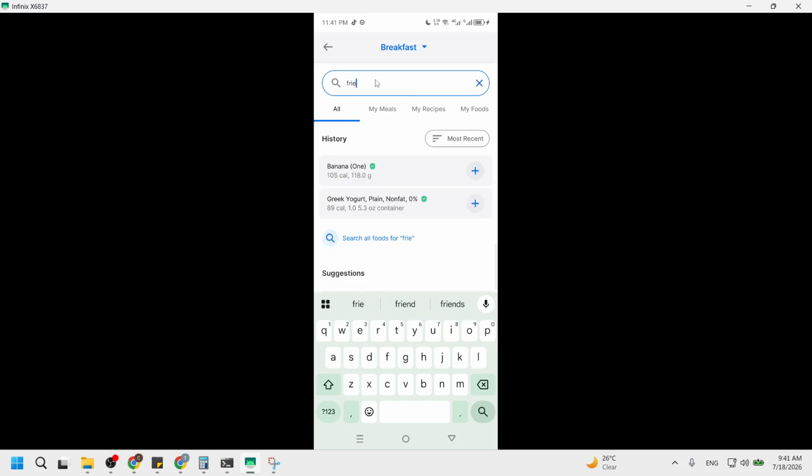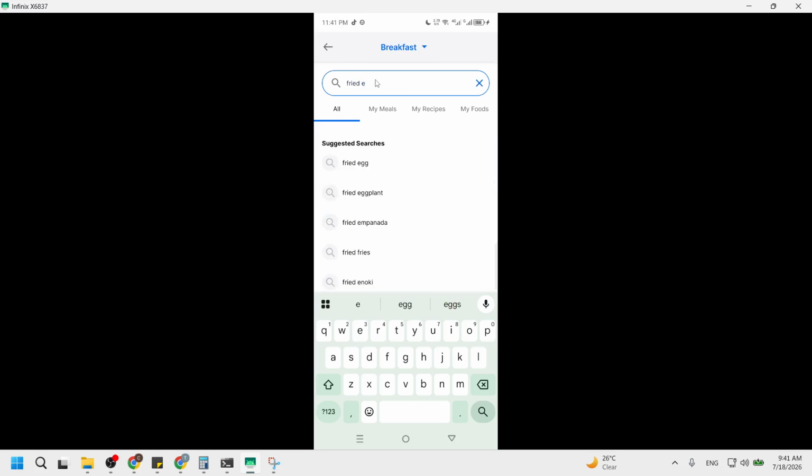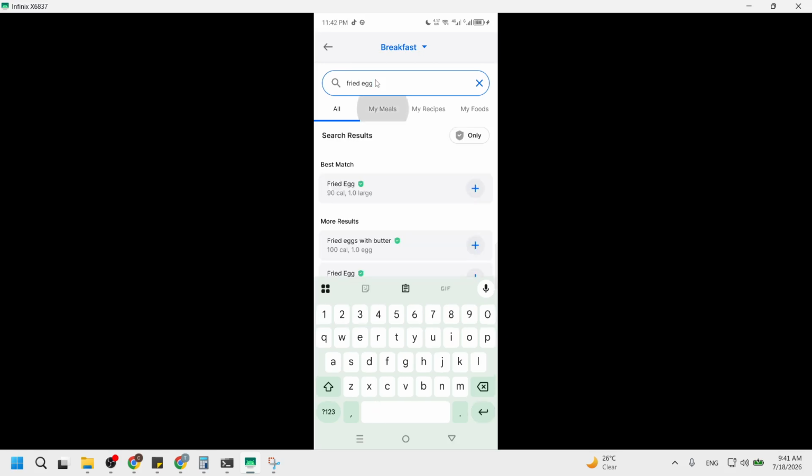After that, type the food name. It is important to note that you should not tap the food name to open the detailed adjustment screen. Instead, just enter the name into the search bar. This simple step is vital because it helps the app locate the food item quickly without unnecessary complications. When you type the name, you will see suggestions pop up. This feature makes the process quicker and more efficient, ensuring you can log your meals without delay.